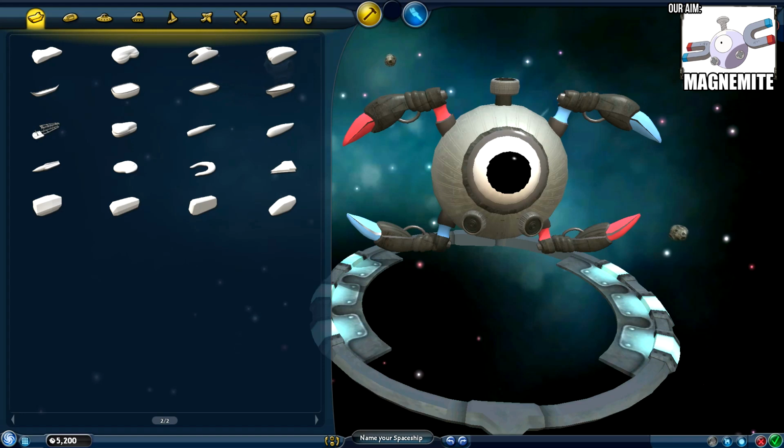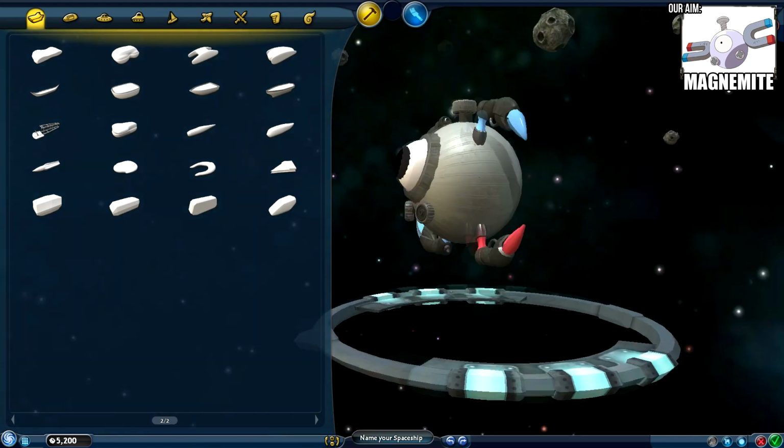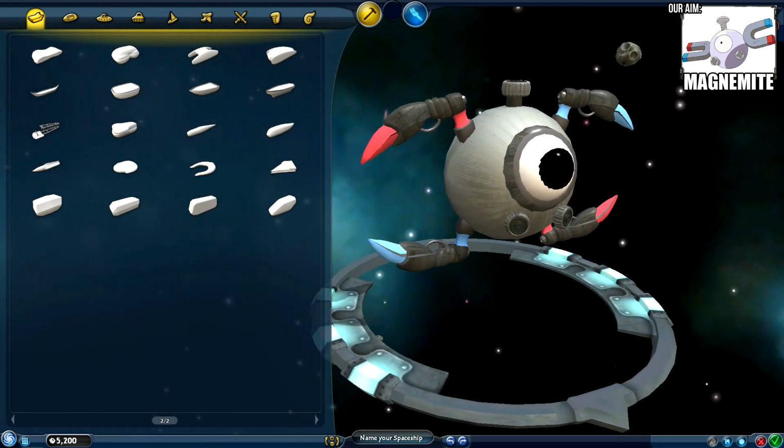Of course, everything in Spore you have to take with a bit of a pinch of salt, but if you've got any ideas of how I could have maybe done the magnetic arms a little bit better, then please